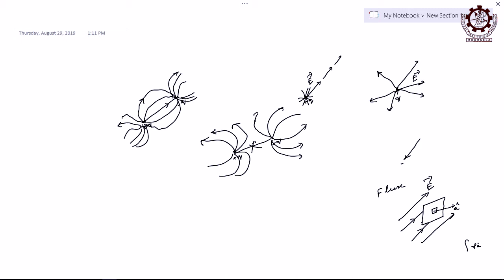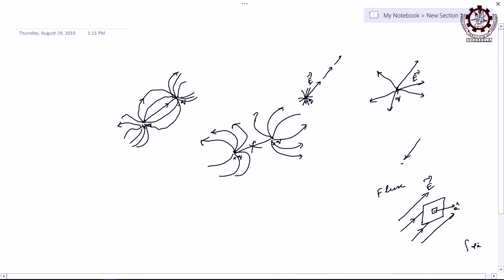right. Then how to calculate that? How much flux is linking at what orientation? You have to take the component of the area in the direction of the electric field, right. So, that means here the direction is this one, E, there is some angle theta, right. So, the normal to the area makes an angle theta with the direction of the field. If it is theta, then the flux link will be equal to how much?